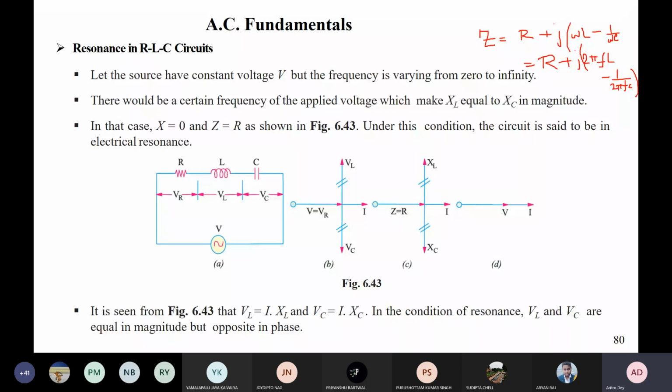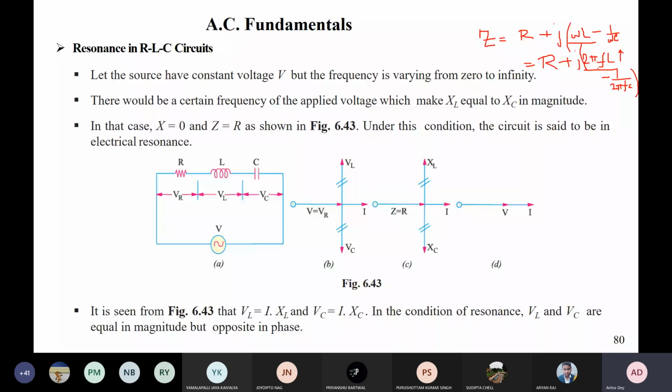If we keep on increasing frequency, from a certain point your omega L part, or 2 pi f L part, will be increasing, and this XC part will be decreasing. So the circuit becomes more and more inductive. And if you keep on decreasing the frequency, you will see that for lower frequency the XC part will be more and the XL part will be less, because this part is inversely proportional to frequency. So 1 by a lower value means this is high and this is less, so the circuit will become capacitive